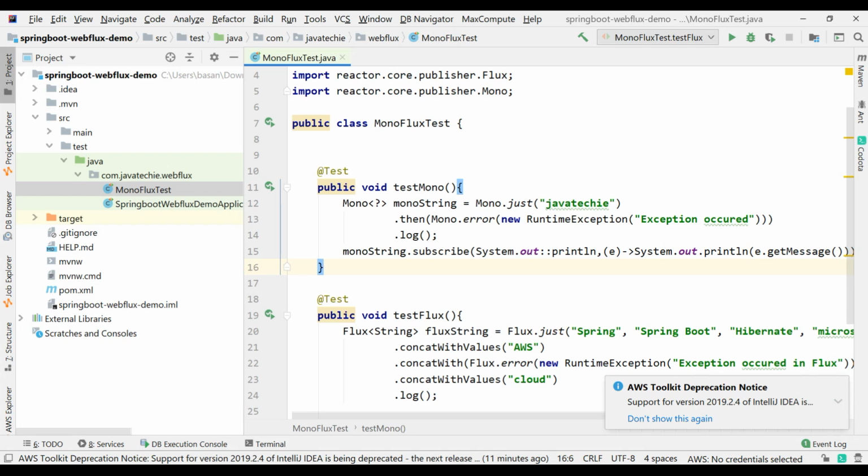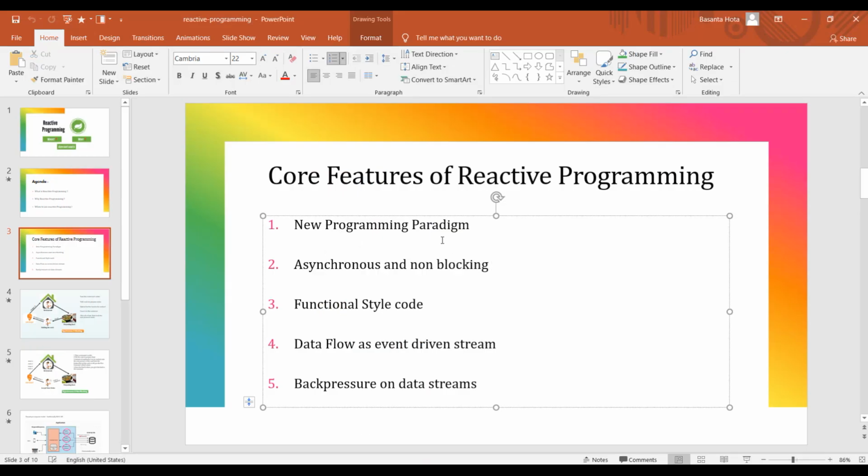So far we understand what reactive programming is and its specification with an example, right? But if you remember in our first reactive introduction video, we discussed a term called asynchronous and non-blocking. If you remember this slide, as part of the core features of reactive programming, we already discussed this term, asynchronous and non-blocking. What does it mean? Let's understand this term in action. If you understand the example you are going to develop in this tutorial, you will get your answer as to why we need reactive programming. Okay, so let's get started.